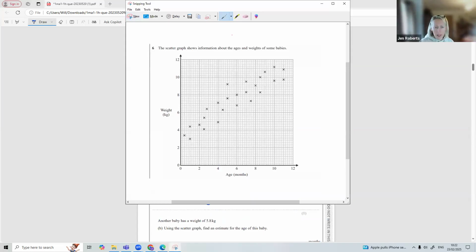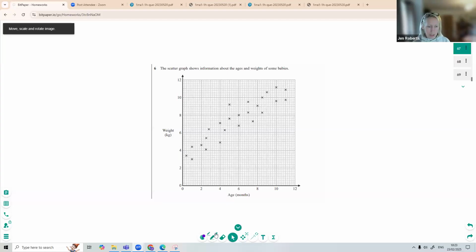So your line of best fit, you want a line that kind of follows the general trend of your graph and has an equal amount of points on each side. Don't join the first dot to the second dot. It does not want to see that. Also doesn't want to see it from the origin. So I'm just gonna go,